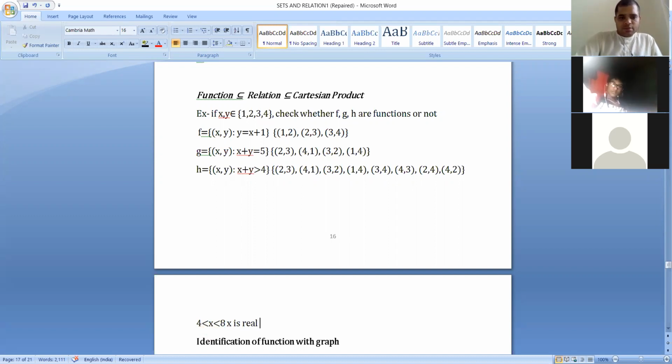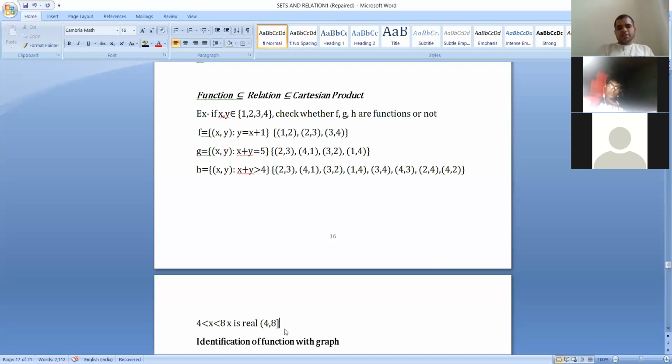First write these two brackets and you have to write it in bracket: x belongs to (4, 8). But how did it come? It is a convention, we write in this way. If there is an equal to sign also with 4 and 8, if there is an equal to sign, then we use this bracket, this one.